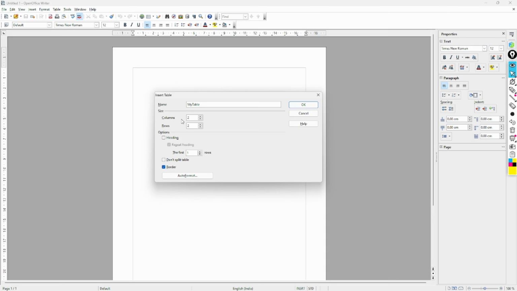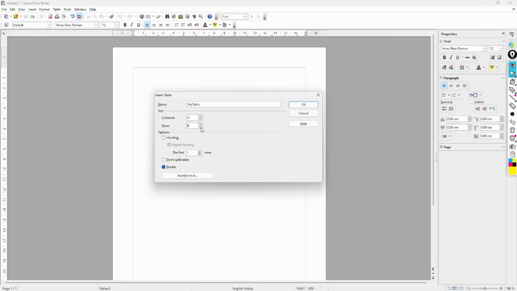The first option is column, meaning how many columns I want in my table. With the help of this upward arrow, I can plus 1. How much? Just plus 1, not plus 2 or plus 3. I can plus 1 only one time. See, 5, 6, 7. It is getting increased, and with the downward arrow we can decrease the columns. Understood? See here, 5.